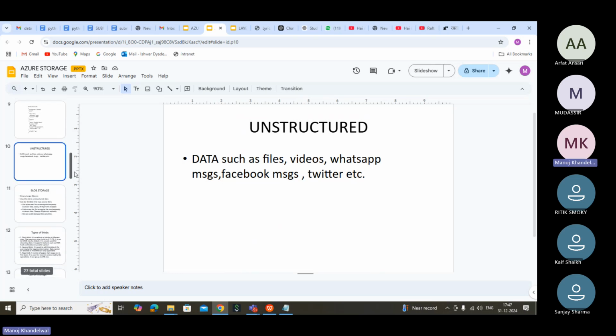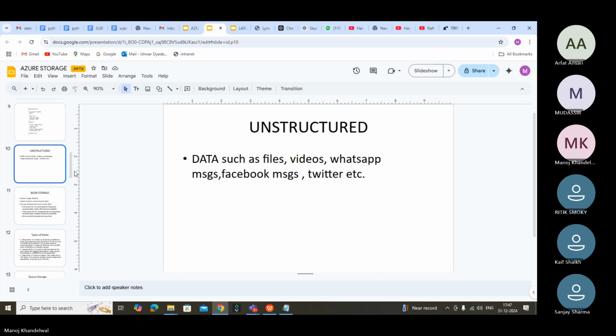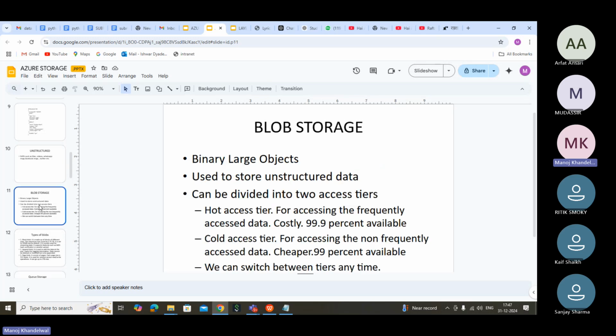So now we study all the storage. We have seen block storage, file storage, table storage. So let's dive into that and see what these storages are and what they are used for. So first one is block storage.